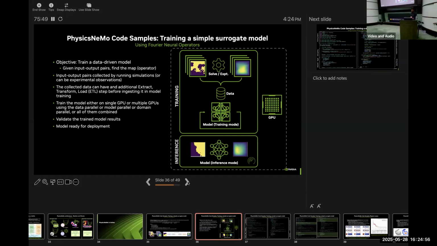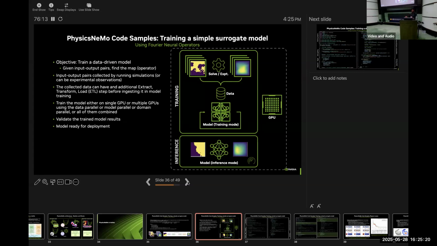And so this is what a typical training of a surrogate model pipeline looks like today in PhysicsNeMo. So you start off with this data. That data can come from solvers, like your simulation tools, or it can come through experimental measurements. You collect them to a database, and then you pass it through these optimized data loaders that we have and ETL.